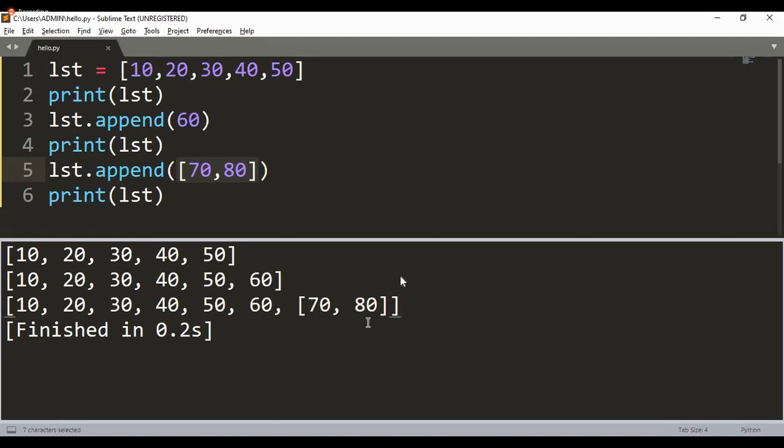Any confusions so far? So again, one of you might also have this question at the back of your mind. Sir, why does append method always append the value at the end of the list? Because that is how the append method has been coded by Guido.